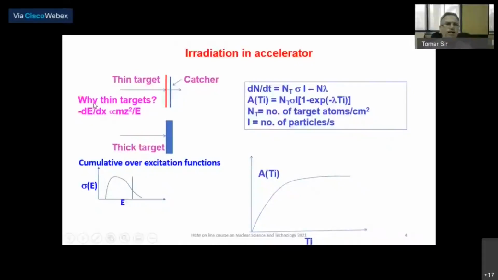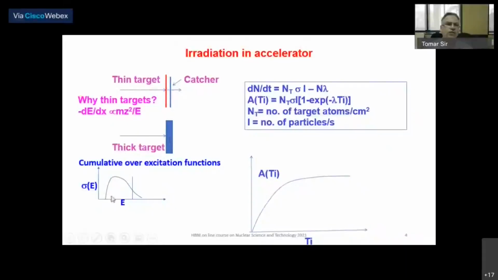So because of the very large energy loss in that target, based on this formula, m z square by E, this is the stopping power. So particularly with charged particles, you will have a heavy loss. So if you want to define energy in the target, then probably you have to use thin target. But if you want to just produce radioisotopes, then you can use thick target, where the beam may be stopped